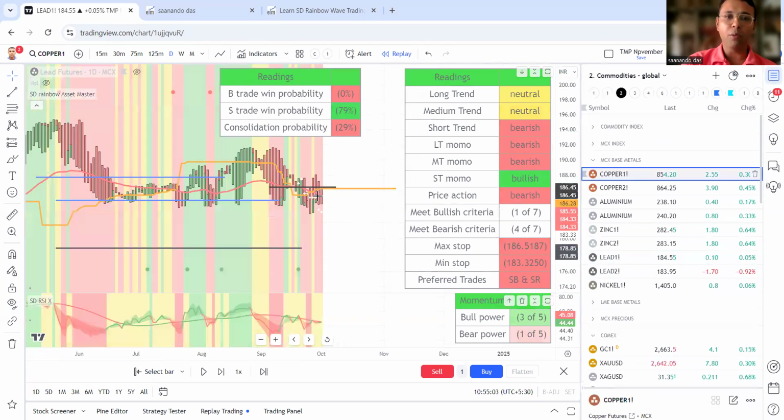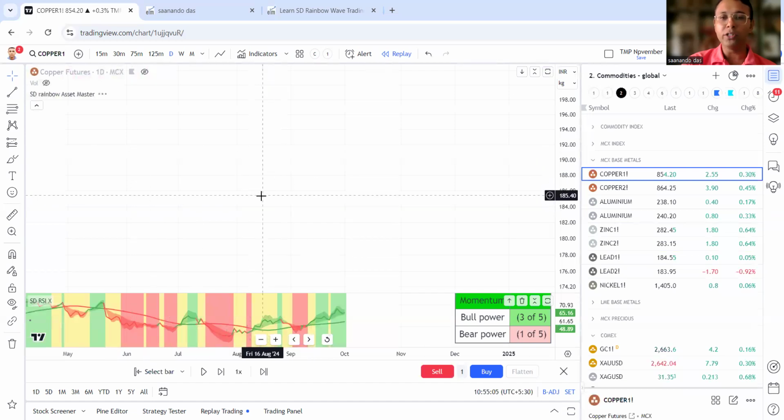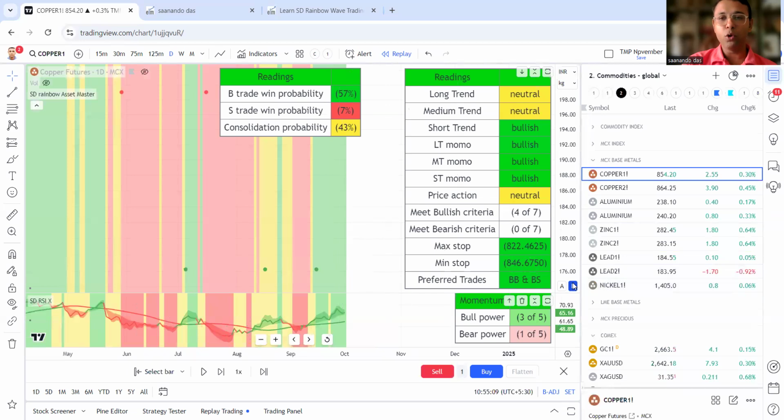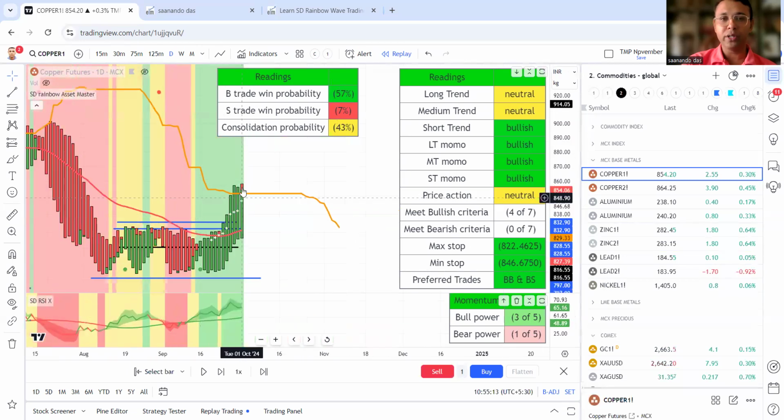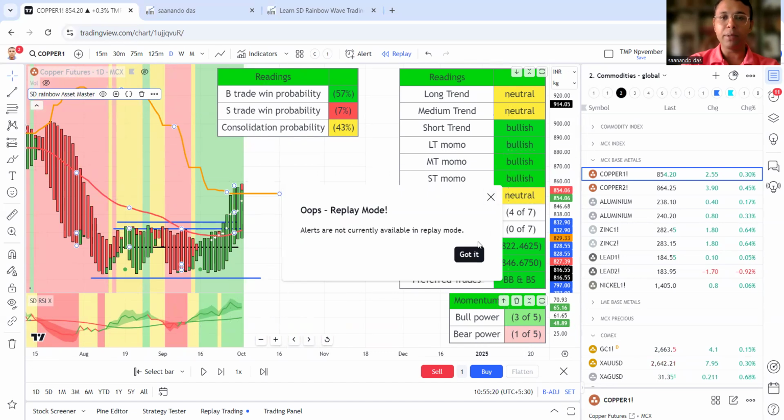If you look at copper, the latest round of bullishness is still there. I think copper is not bullish right now, but it is in a much better position. It is on a red cap, meaning correction. So no entering right now, but we can enter once the price action becomes bullish.